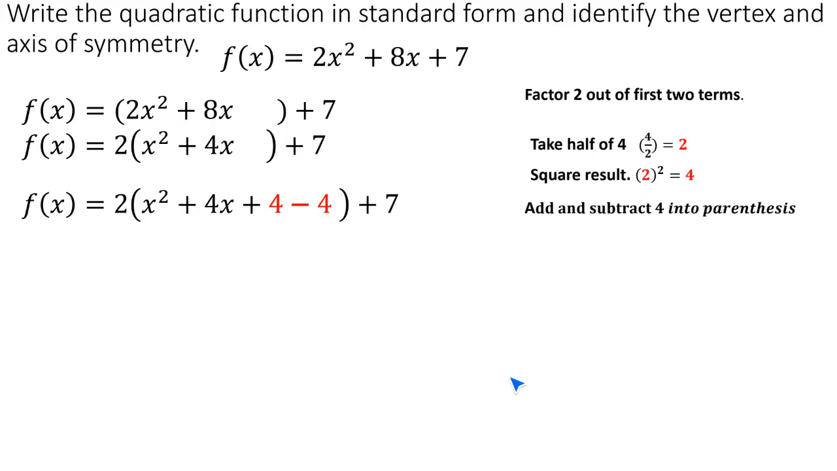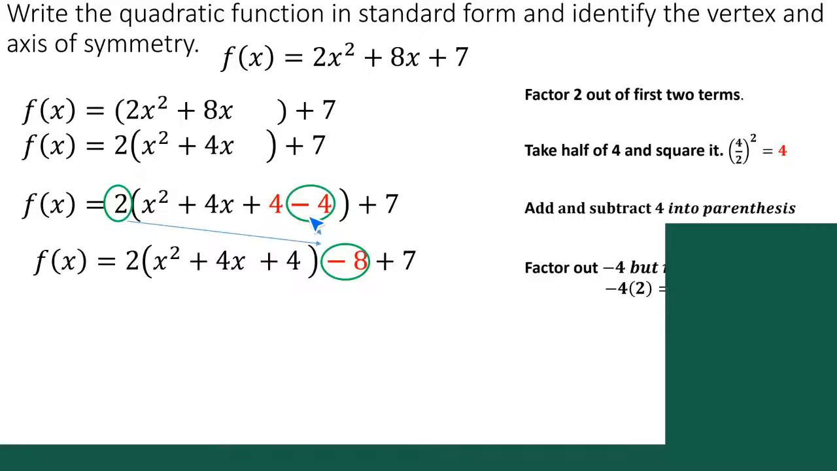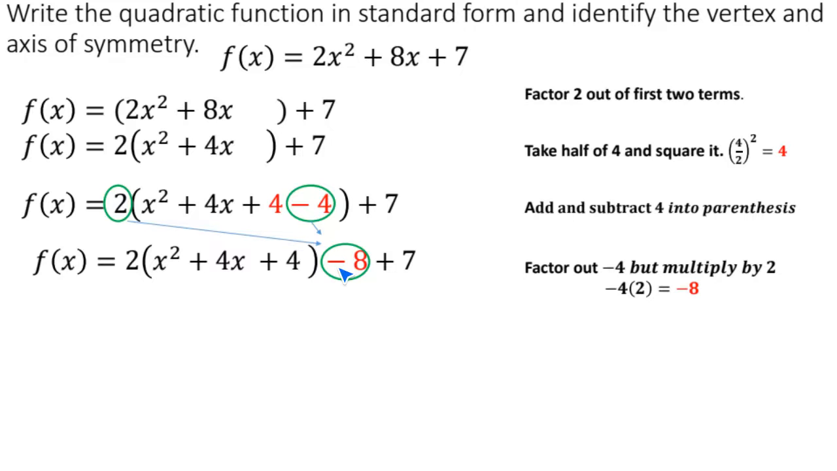And now this -4, I don't want it to be in the parentheses. So I need to take it out. I need to factor it out. So this -4, if I bring it down, there's a 2 in front. So 2 times the -4 is going to give me that -8. Okay. So again, any number that's in front, you want to multiply it before bringing it out. So 2 times -4 gives us our -8. So if we simplify,